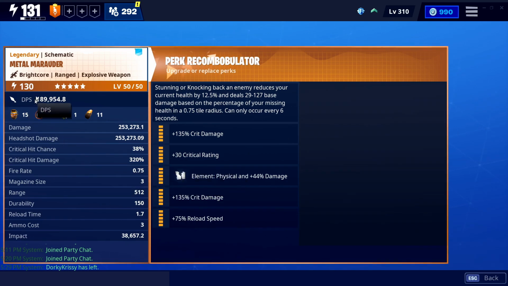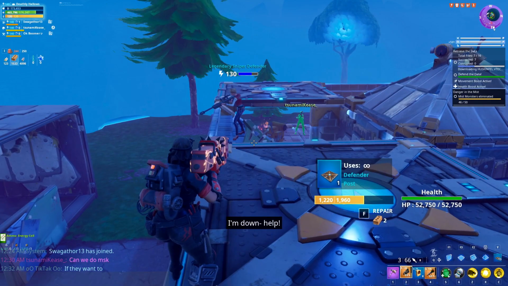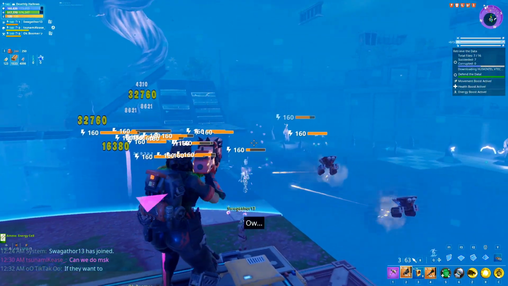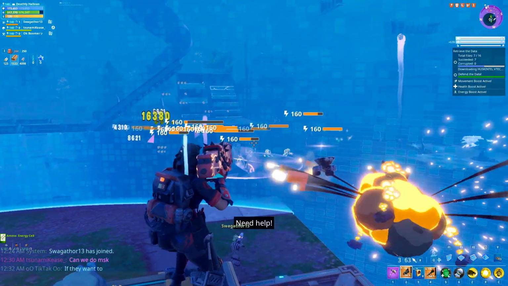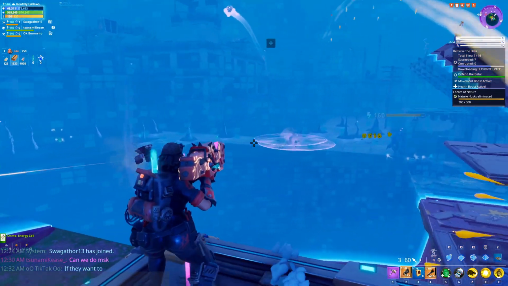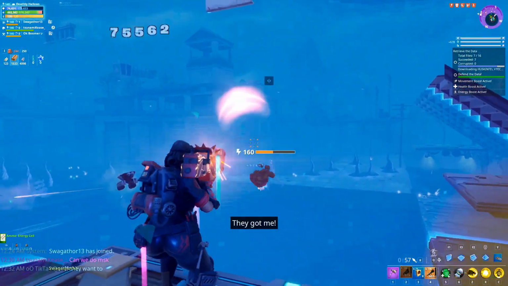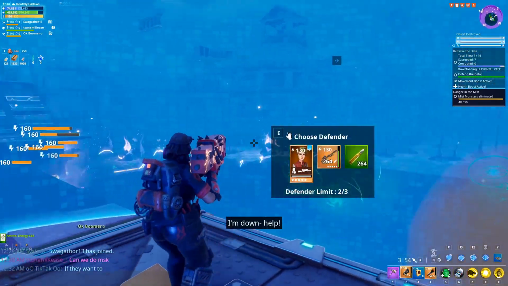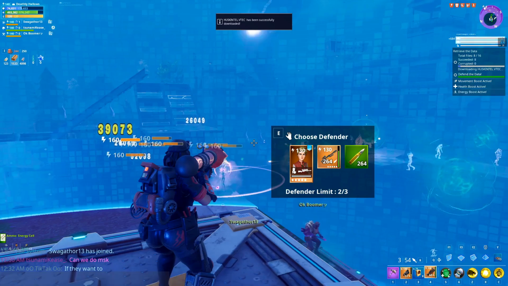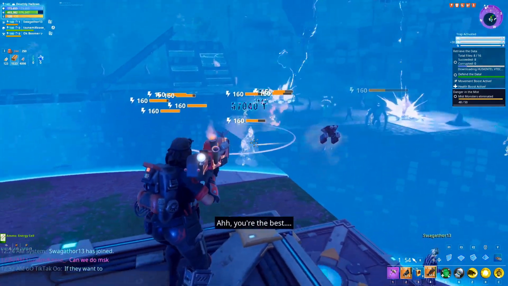You can see the DPS is pretty high here at 189,000 damage, which is really, really good for a rocket launcher like this, but a 3-second reload is a little rough. So in my opinion, you should take out that 80% bonus damage and add in a reload speed. That will get you to 0.2 seconds slower than the Santa's Little Helper, which is why the Santa's Little Helper is so good. With an impact of 38,000 damage, it's enough to break the impact on anything really in the game,